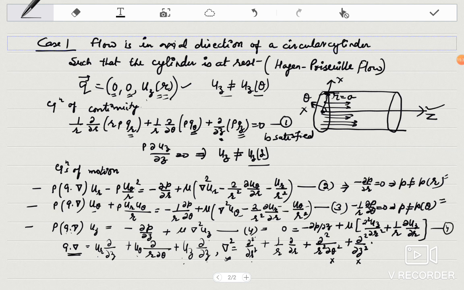So in this way you get that p is not a function of r and not a function of theta, but this says that p is a function of z. So you can calculate your pressure distribution once you know uz. This you can do in all the other previous articles. If your velocity distribution is given, you can very well calculate your pressure distribution. Okay. So now we will calculate what our uz is.